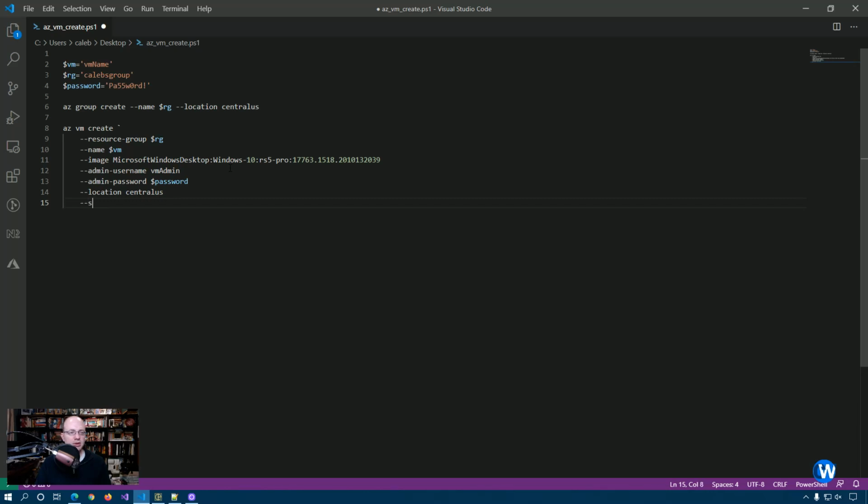And then we're going to do the size of the VM. Now, this is one of those things that will determine your cost more than just about anything else. You can go into Azure and get a list of all of their SKUs, all of their setups, all of their CPUs. But what we want to do is just do a standard D2 V3, which is one of their lower end